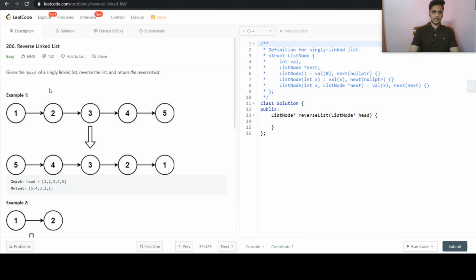So once this has been pointed to this one, we may lose these nodes. That's why we have another pointer that is pointing here, and we have made this pointer point to pointer one. Then we will make pointer 2 as pointer 3 and pointer 1 as pointer 2, and then again we will make the next pointer point here, and we will do the same thing.